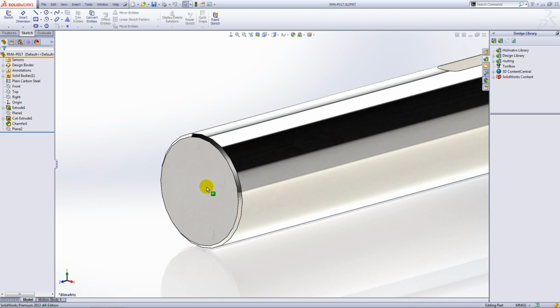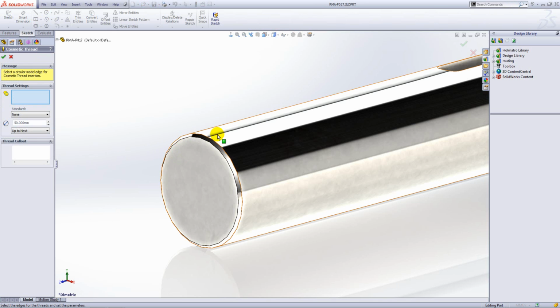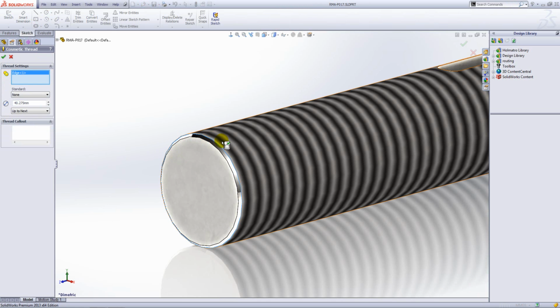If we zoom in on this shaft, you can see that there's been a chamfer applied to the edge. Now, in previous releases, when we would add a cosmetic thread, we would generally, if it was a blind distance, apply it prior to the chamfer just to get the correct callout for length. We now don't need to do this. We just add a cosmetic thread as normal. We'll select our edge and set it to blind,